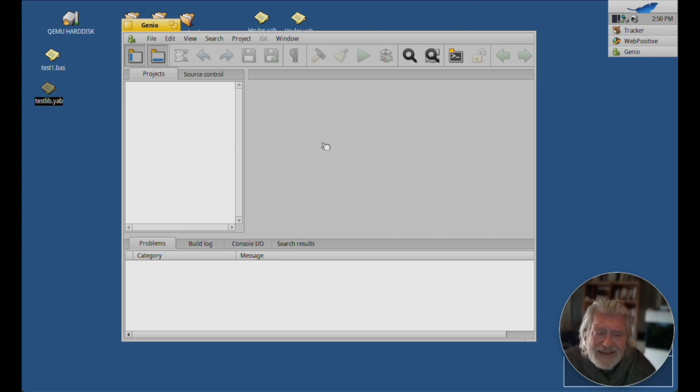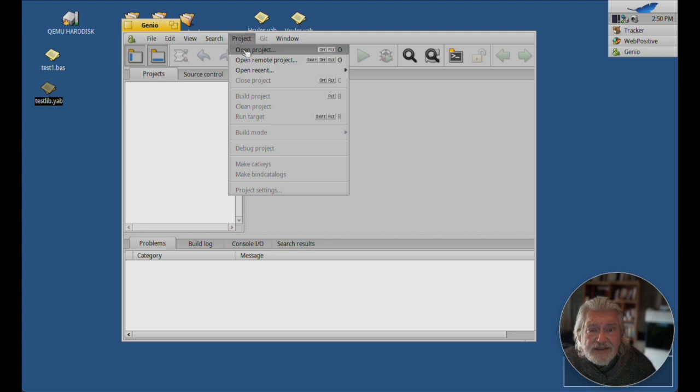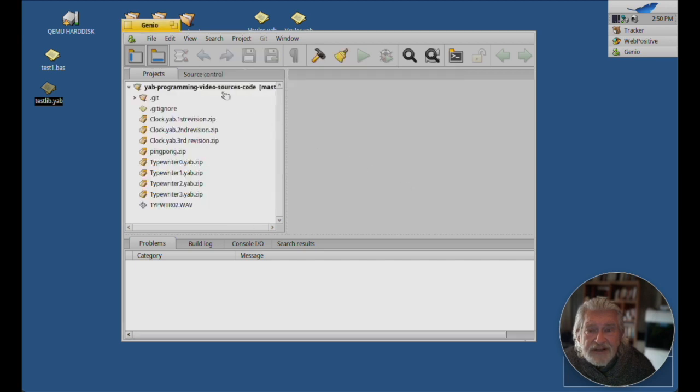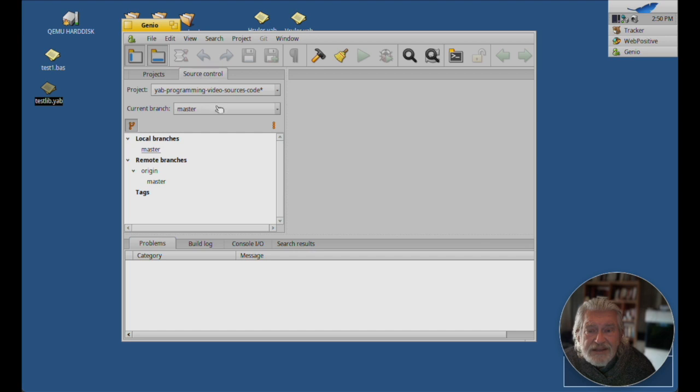It's mainly intended for C++ projects. And it's also very tightly integrated with Git. So if we open up my Git repository here, then you can see